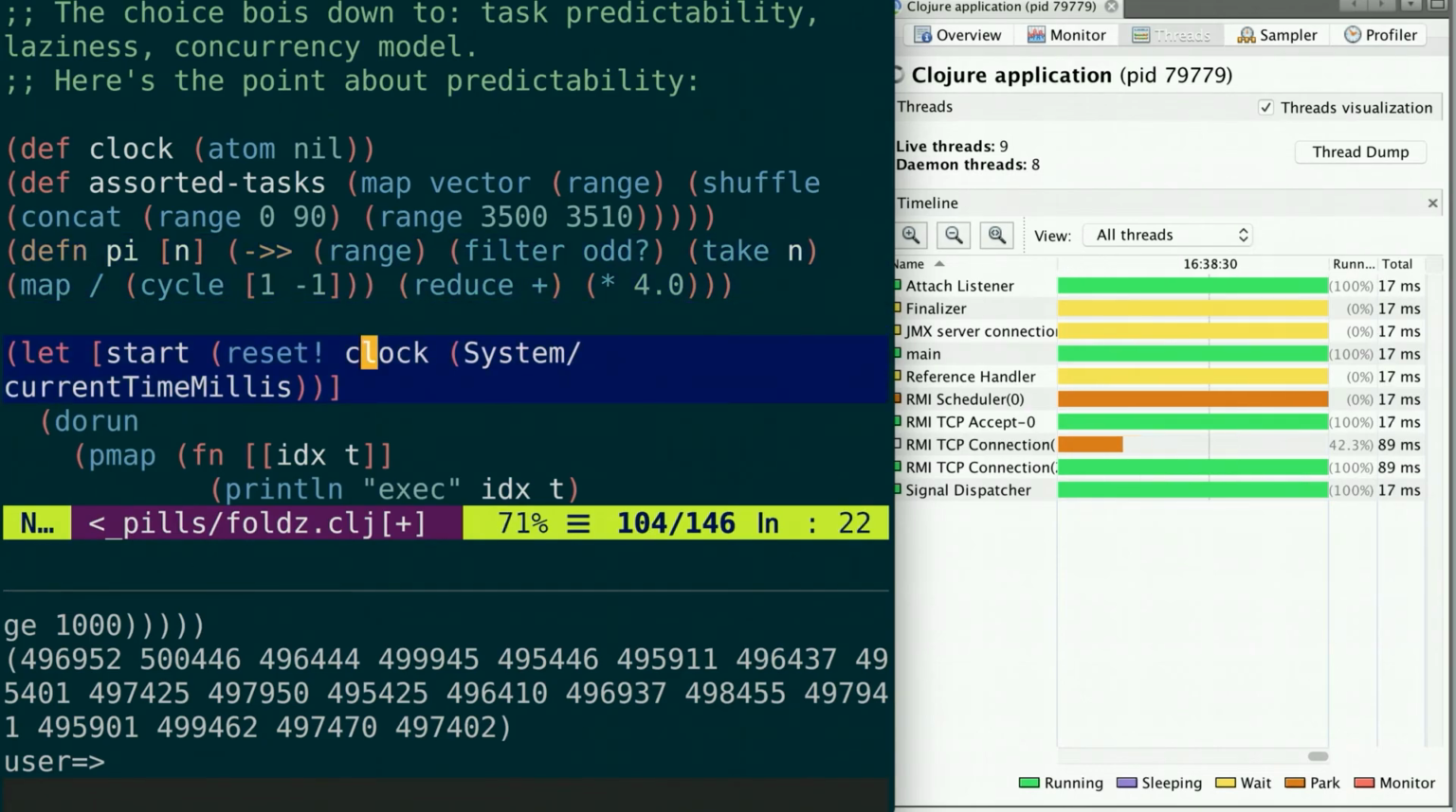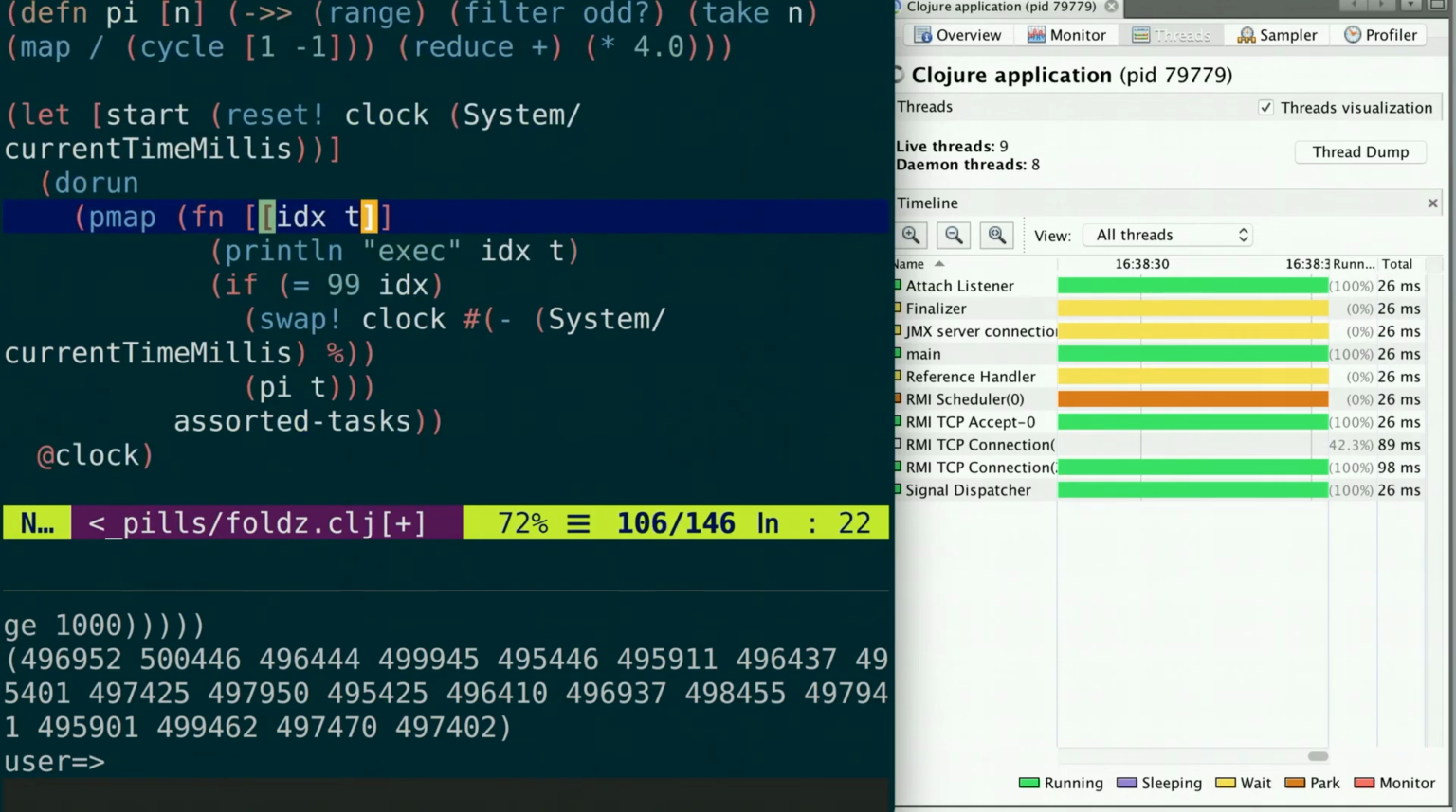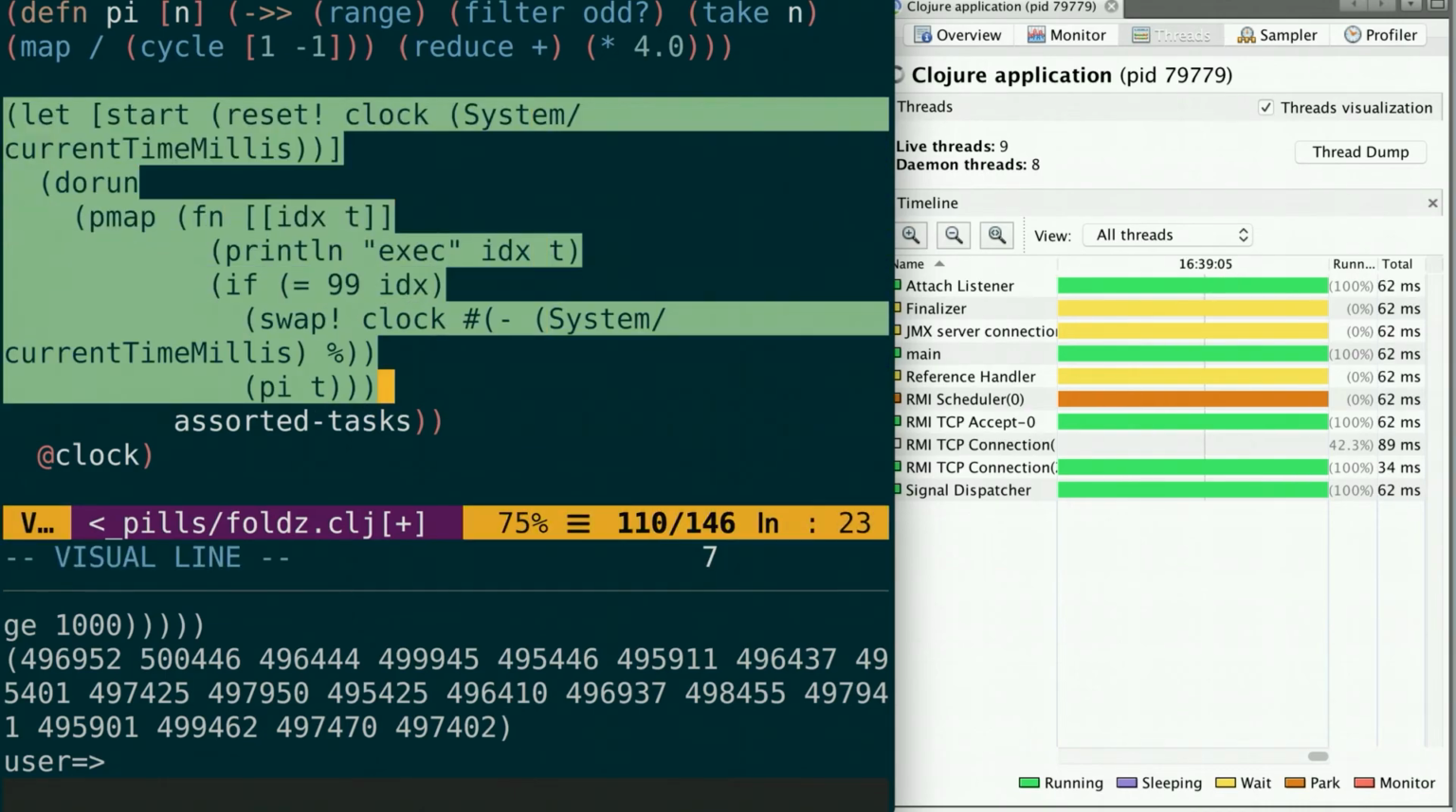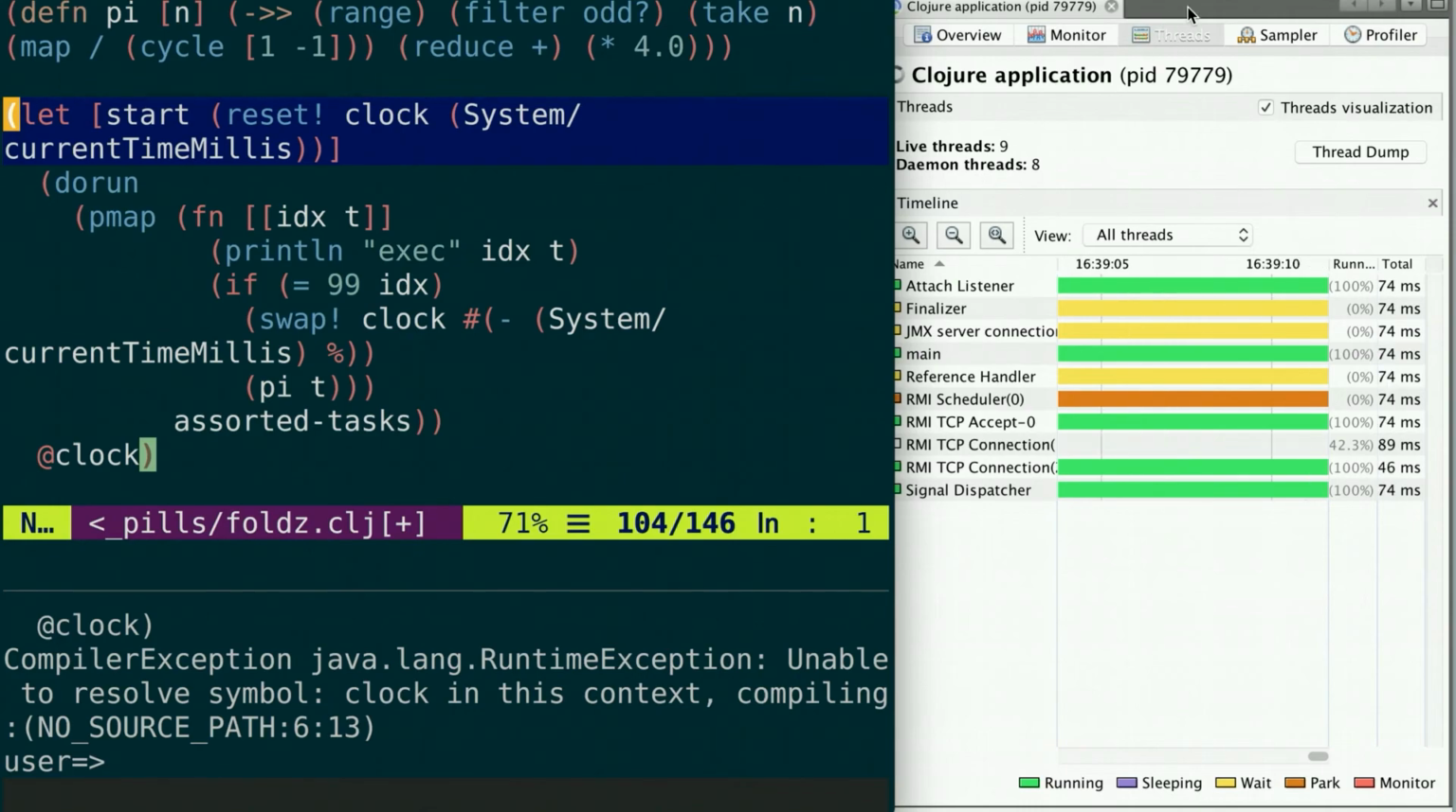And I have here a way to run the pmap. The pmap has a function of one argument, which is destructuring an index, which is just an incremental index, and the time t to pass to the pi function down here in order to make it more or less long, more or less computationally intensive. This clock here is just a trick so I can have the last thread to execute calculate the elapsed time. So if we run this, we can see on this side,